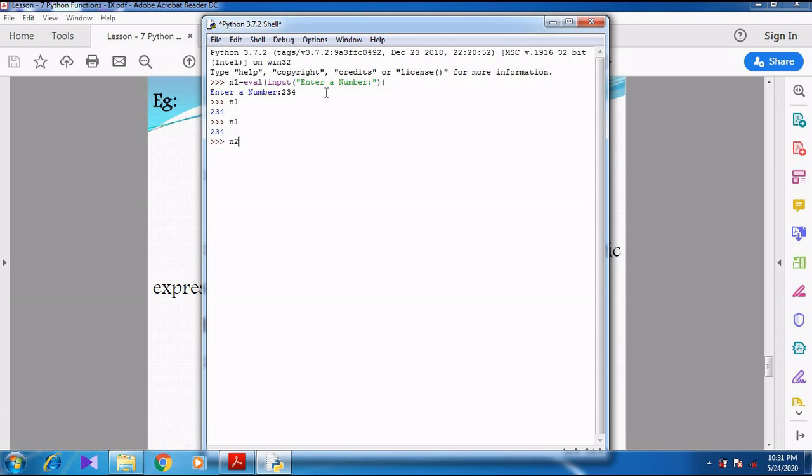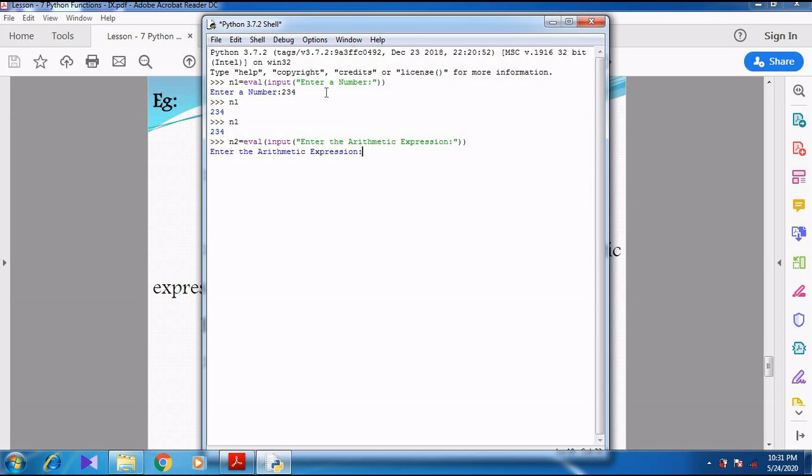Like that we can go for another example. n2 is equal to evaluate, input function, "Enter the arithmetic expression". I should close the parenthesis two times, one for evaluate and another for the input function.